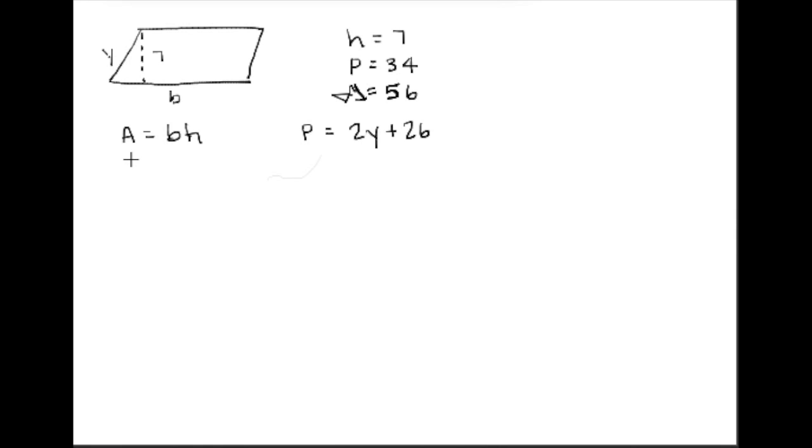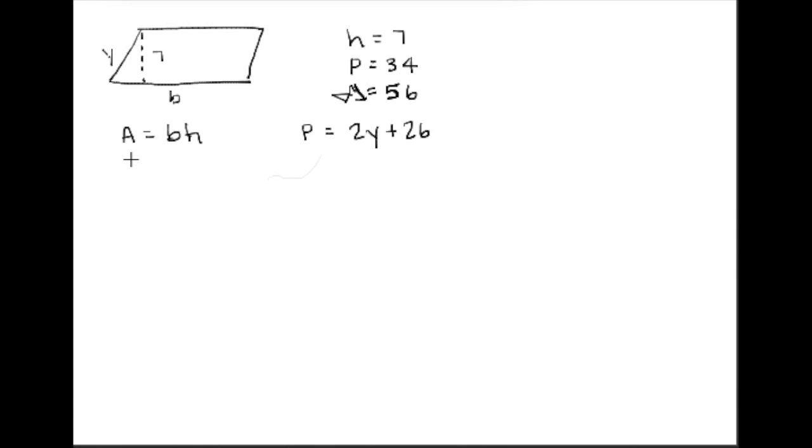Okay, so I have my parallelogram, my last problem for this video. I was given that the height is 7, perimeter is 34, and the area is 56, and I set up both my equations for area and perimeter for the parallelogram. So my area is base times height. My perimeter is 2y plus 2b,